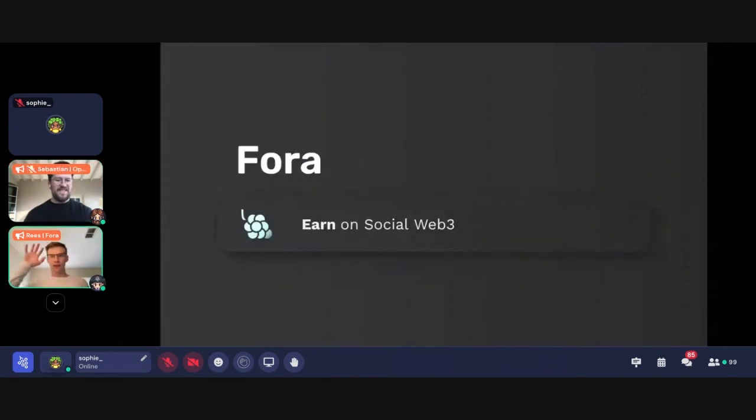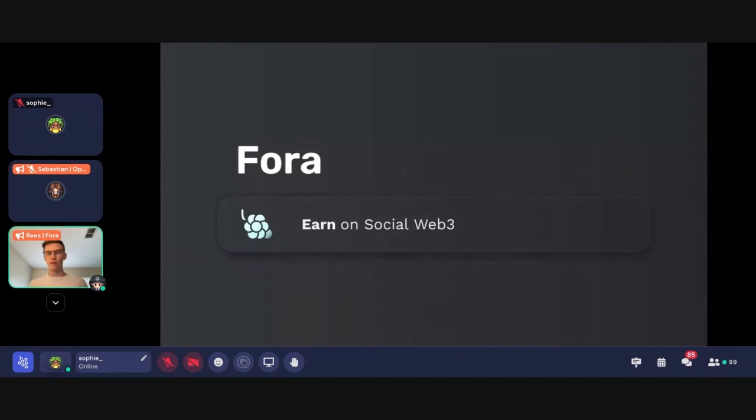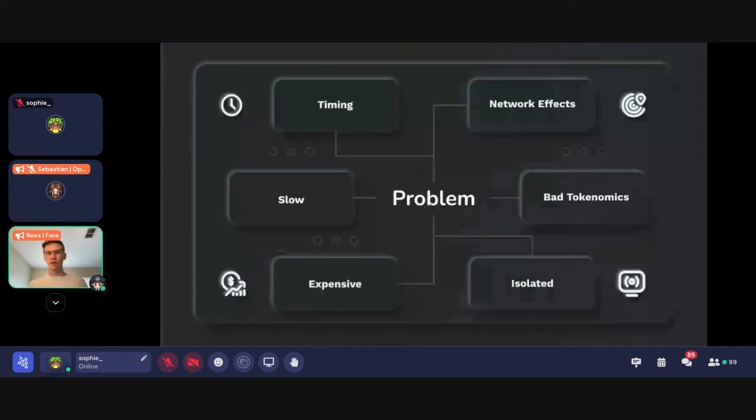Sounds good. Hi, I'm Reese. I'm the CTO of FORA, and we're a user-owned, uncensorable social Web3 app, this time with traction. So why hasn't social Web3 worked? Well, there's a couple of main reasons. For starters, it just wasn't ready. There weren't enough wallets, there's a lot of friction to onboard, and the technology that was there made it slow and expensive. You also have the 900-pound gorilla of Web2 network effects. Why would people join a